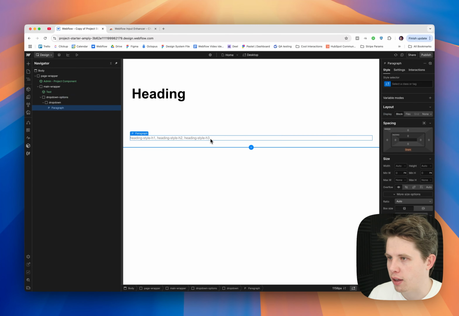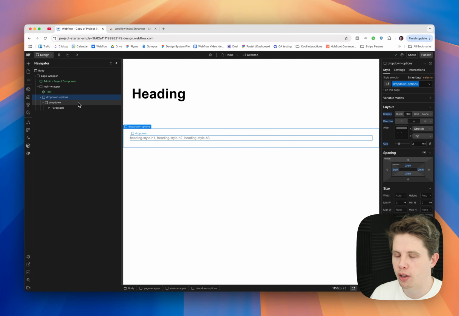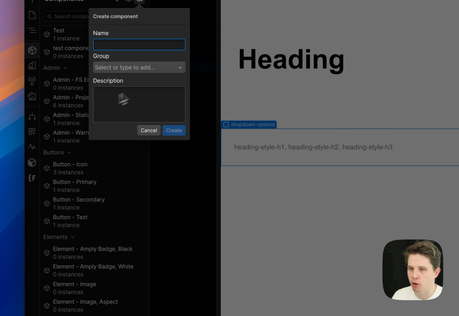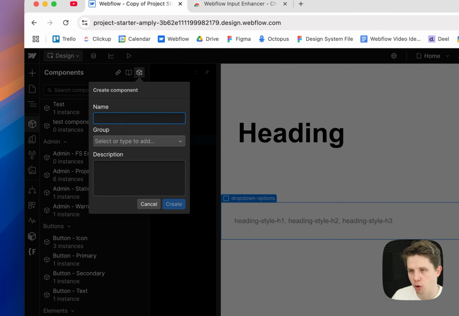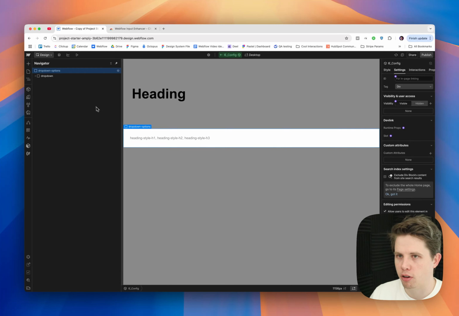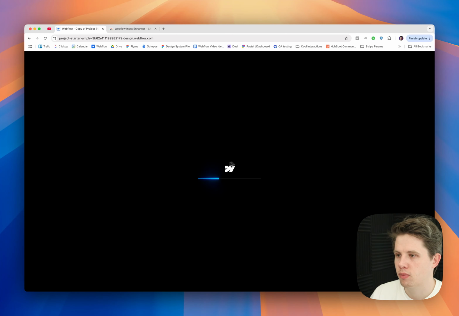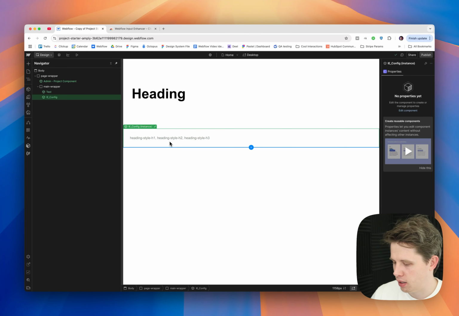And so now that we've got those headings in there, we just need to create this in component. So I'm going to just go here and create this as a component. And this is really the only thing that's important here. This just needs to be named IE_config so that the extension will recognize that. And then once I've done that, I can just refresh, and those options will now show up in the property. So let me just refresh the page here,